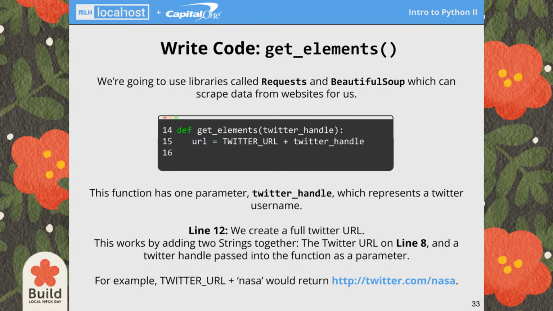So it's just that one-liner right there. Essentially, as you can see in this example at the bottom, we're creating a URL by using the Twitter URL, which is a base, like a variable that we already have. And then we use twitter_handle, which is the parameter, which would be like /NASA, the user account.